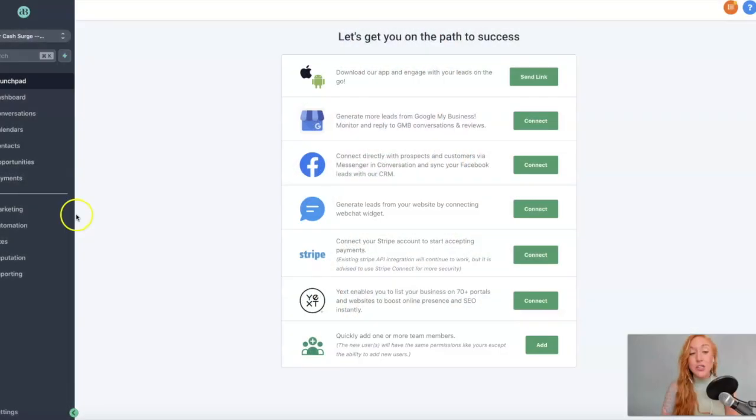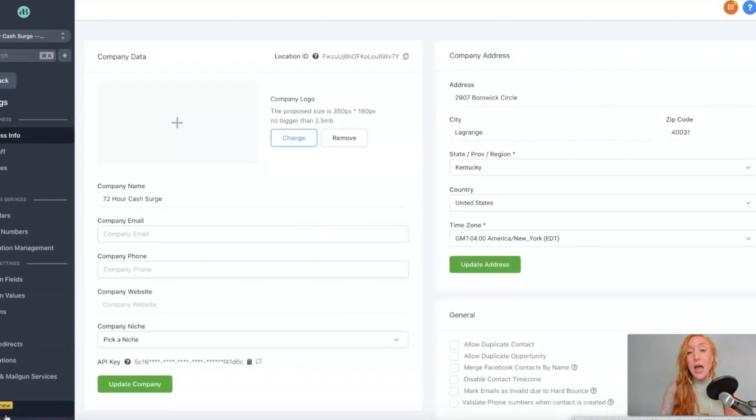The first thing you need to do is go to your sub account, which can be accessed by clicking this button here, and then you should land on that launch pad. We want to click on the settings button in the bottom left. It is possible that when you watch this video, it could be in a slightly different place, but typically it's always going to be around the left-hand sidebar, and there should be that settings wheel. So we're going to go ahead and click on settings, and that is going to open us up into the